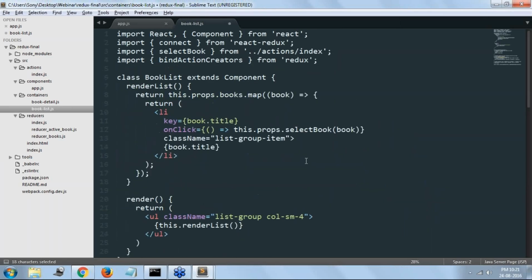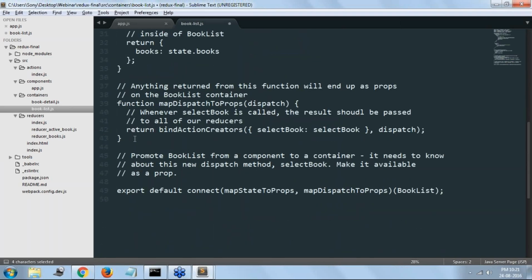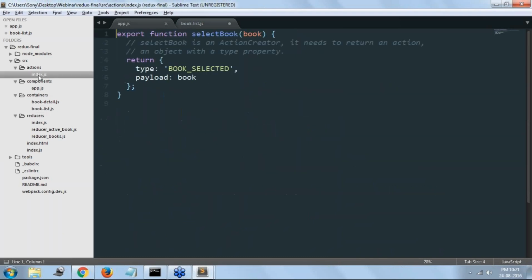And what this component looks like, you will have the list of books. When you click on an individual book, you are going to fire some action. So I have this onClick method. I'm firing the selectBook method and passing some data. So what I'm doing here, using mapDispatchToProps, is firing an action to the Redux layer. I'm dispatching it.